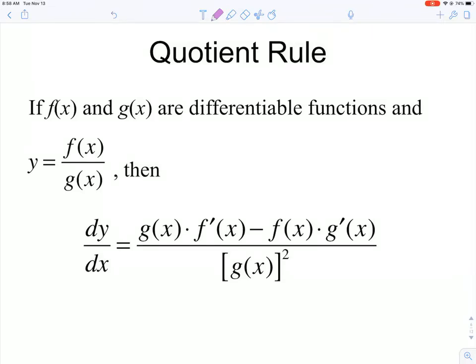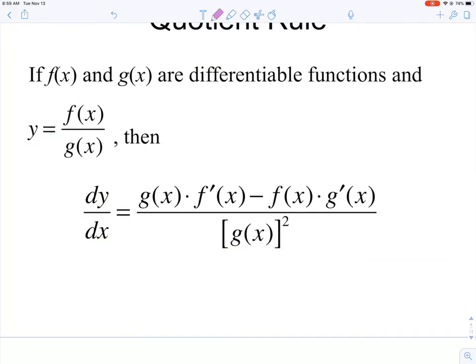So we use quotient rule when we're trying to find the derivative of a function that can be thought of as created from a quotient of two other functions. And quotient rule is a little more complicated than product rule for memorizing. The little trick that I told you guys in class is if you think of the given function, the numerator